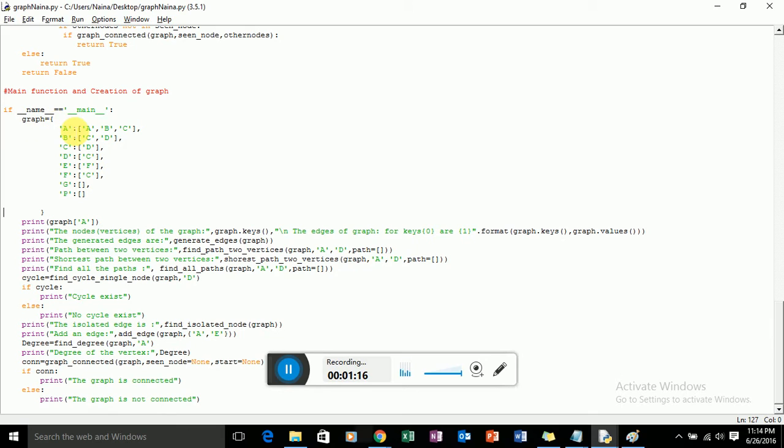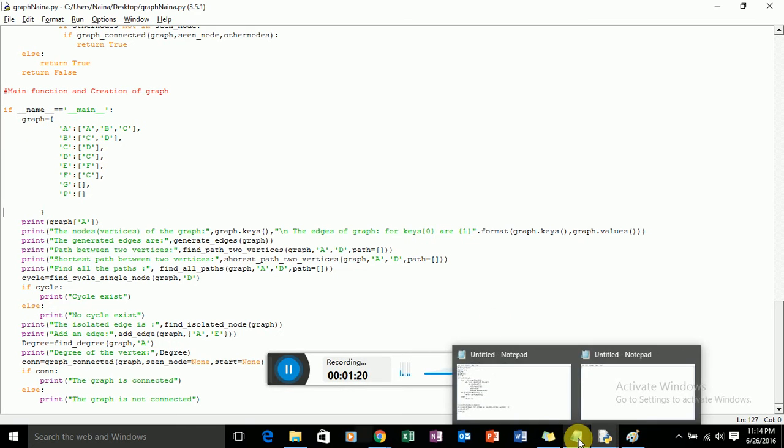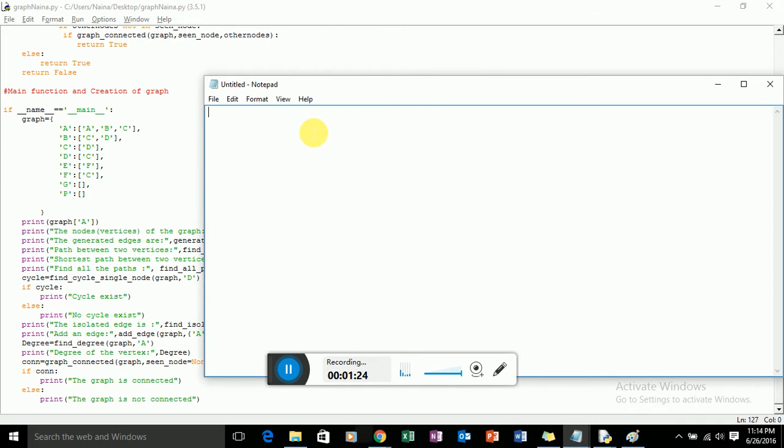So basically I'm creating this graph using dictionaries. What is a dictionary in Python? I'll give a quick introduction. It's a type of data structure in Python, which is something like a hash map. For example, I want to create a dictionary of the students in the class along with their marks. So what I'll do is students is equal to